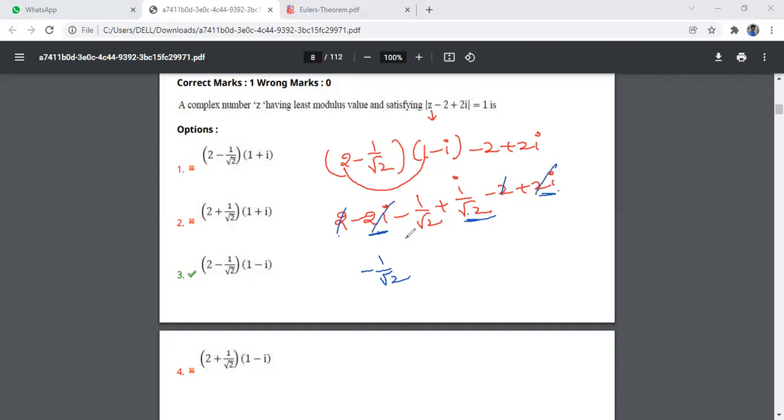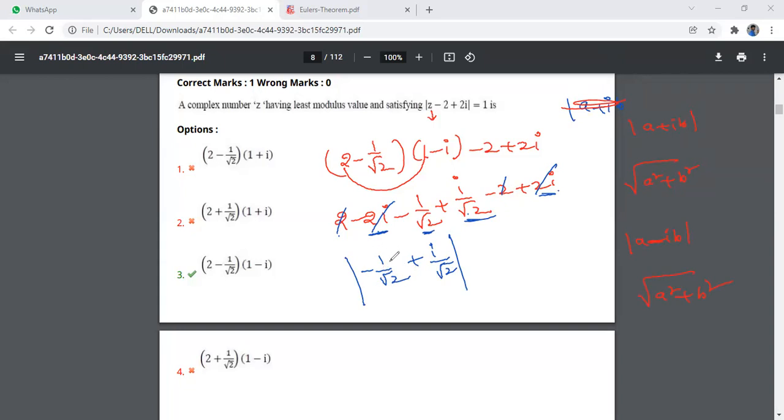So what it will be, one second. This we already wrote here. Now this is i by root 2. But they are asking modulus, no? Modulus they are asking. That means a plus ib. Suppose find the mod of a plus ib, what will you write? Real number square plus imaginary number square, that means a square plus b square. Here if it is a minus ib, what is the modulus value? Real number square plus imaginary number square.